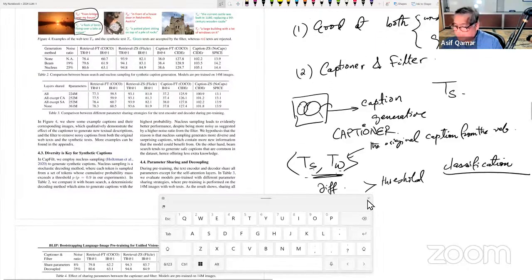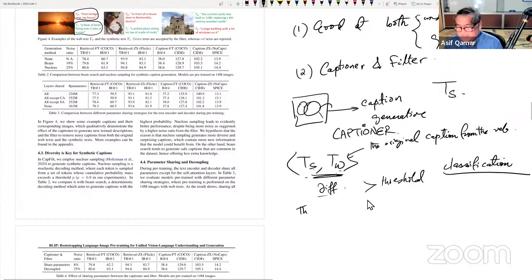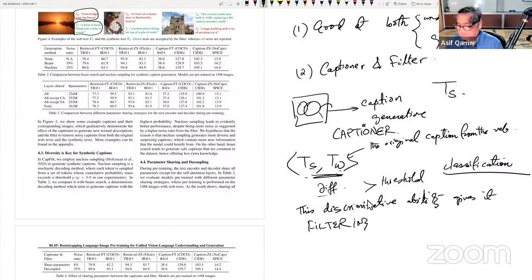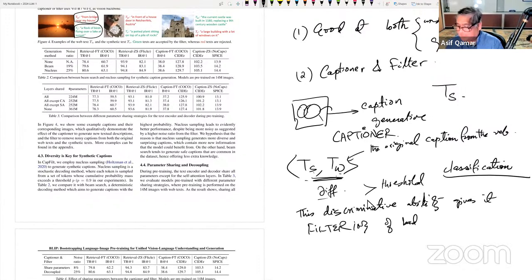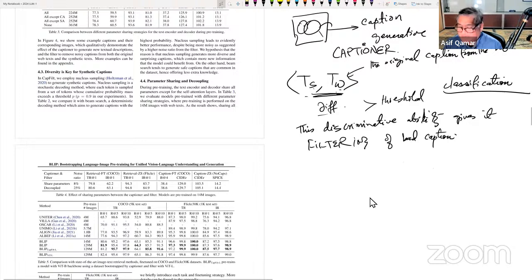And therefore, because of its discriminative ability, this gives it filtering capability, right? Filtering of bad images, bad captions, sorry. So you have a choice. You can just filter out the bad captions, right? If you so choose, you can say, hey, look at this. Given an image A, text,